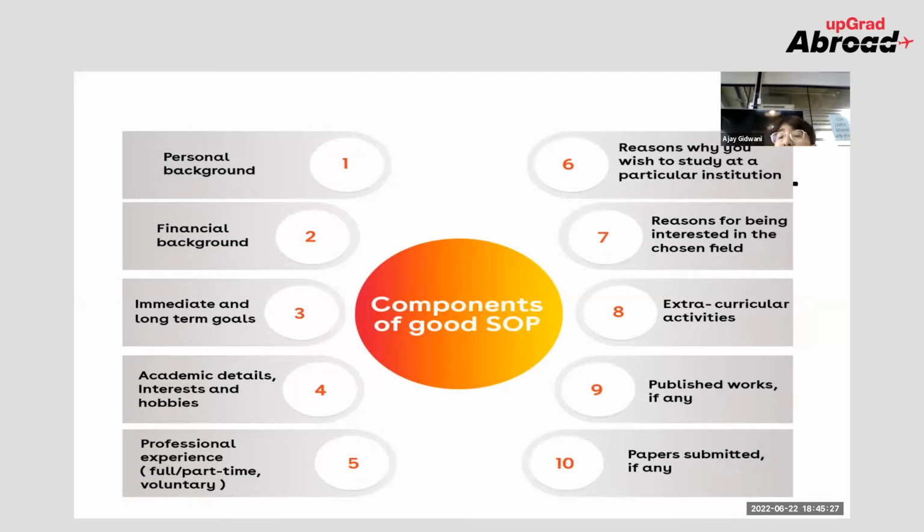Academic details. So it talks about what was your graduation, what was your 12th, what was your internship, or maybe what was your favorite subject, what is your specialization. So this is all about academic details and how much you have scored in that. And fortunately, if somehow you can correlate your interests and hobbies with the subject, it will be exceptionally well. So it includes academic details, interest, and hobbies.